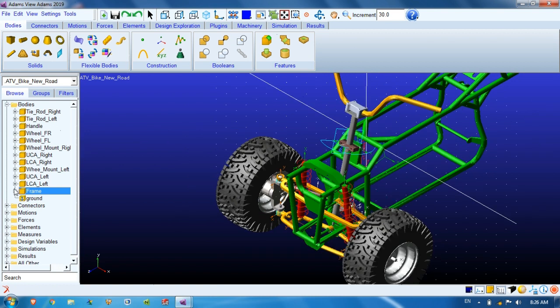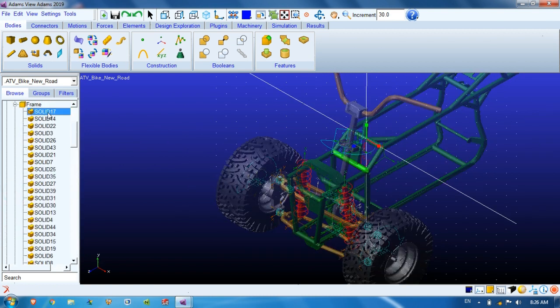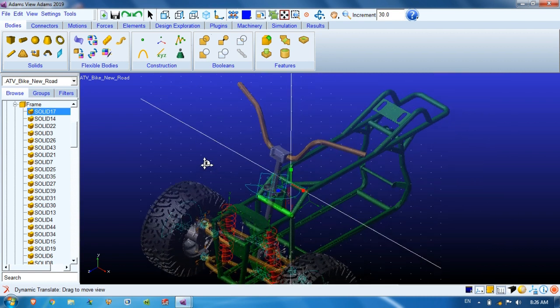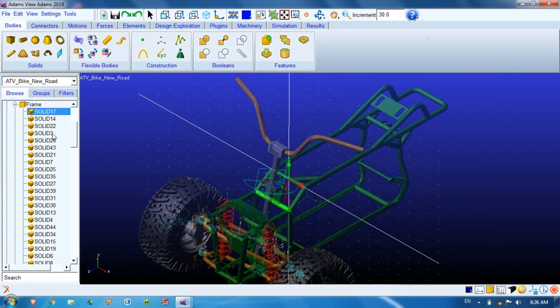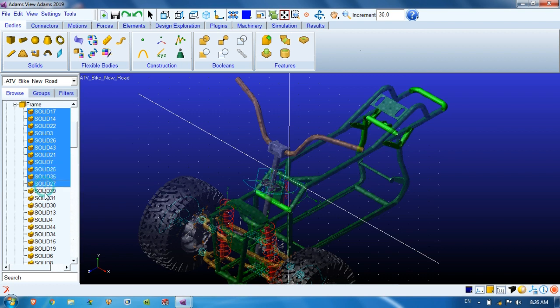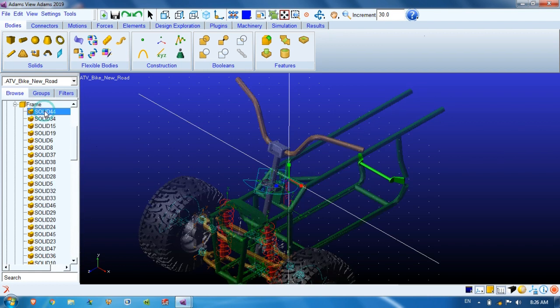So go inside the frame and delete the unnecessary solids. Select solids by using Control, and it will show which solids are being selected. Delete this. Then select again.